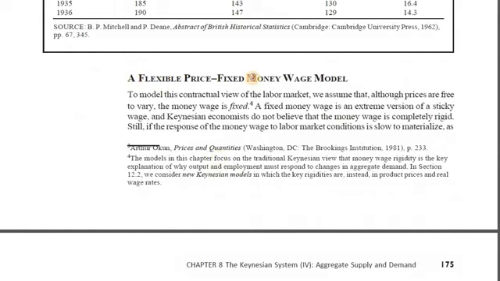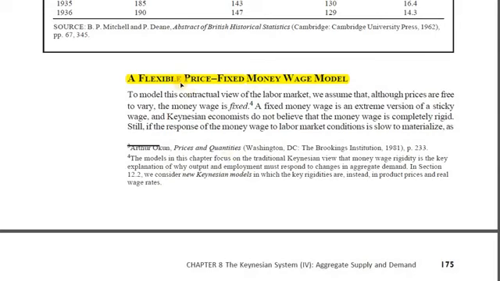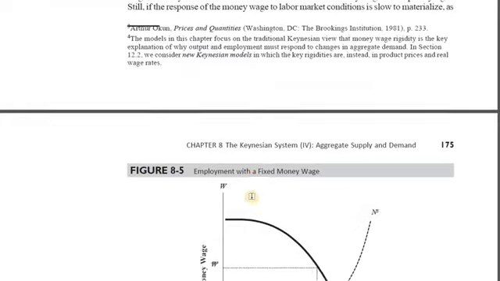So if the money wage stays constant and prices are changing, then how would the equilibrium be re-established, and what impact is it going to have on the aggregate supply? In Classical, there was no problem at all. Prices have fallen, so you also reduce the wages, and the real wage will remain the same. But here, if prices have fallen but we really cannot decrease the money wages, so the real wage has gone up, so what would happen now? Would we be back at the original level of employment or not? So let's